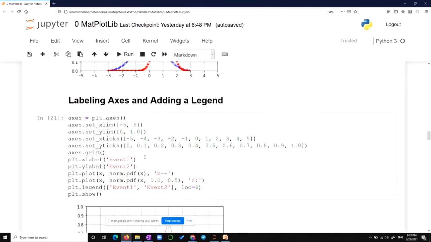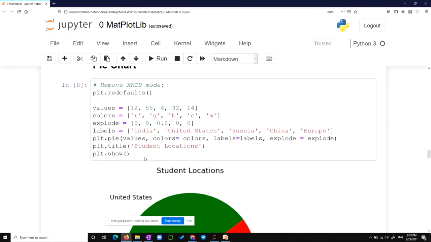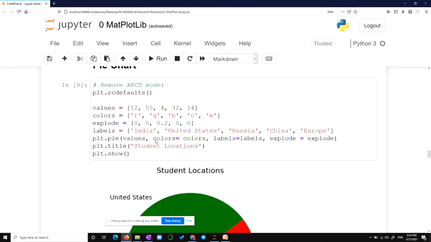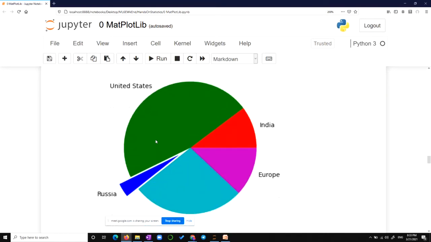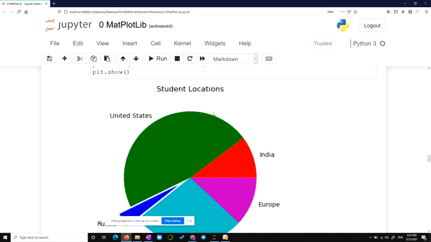We have done the labeling and stuff. Then this is just a pie chart. How do you put a pie chart? Let's understand. It is just a representation of the entire volume and how much of the distribution is being taken up by each label or each class of information, when you want to depict it as a circular thing. So it is a pie chart.